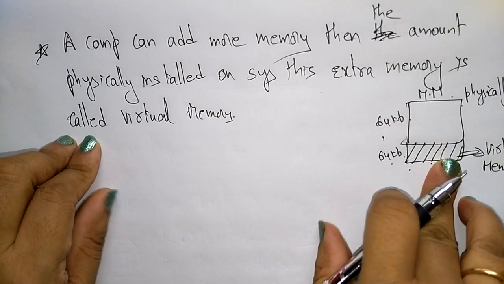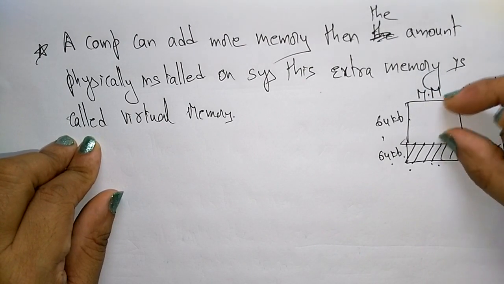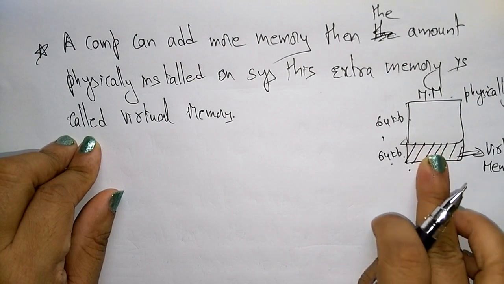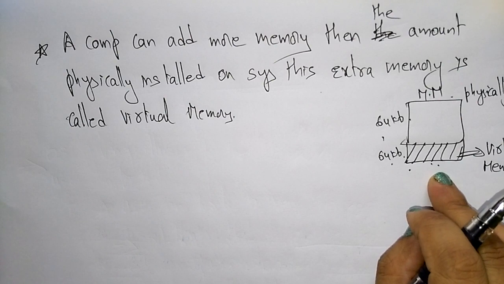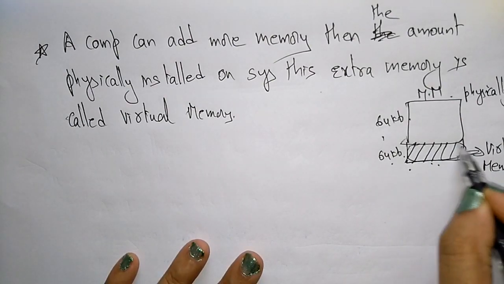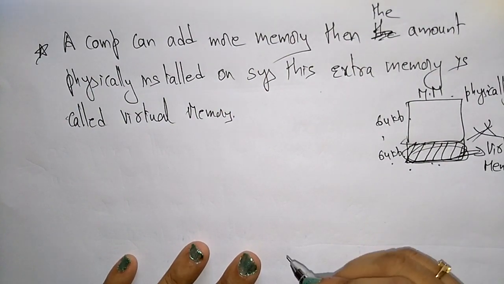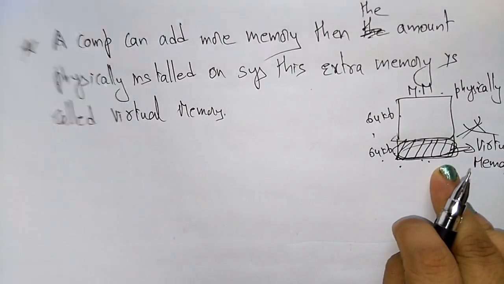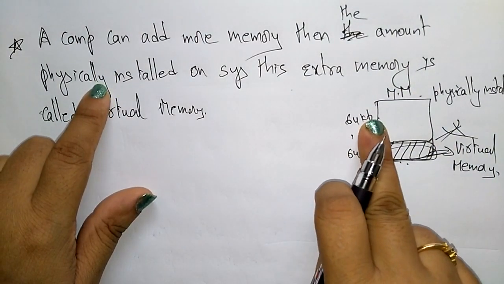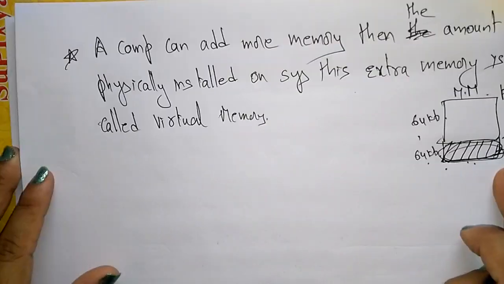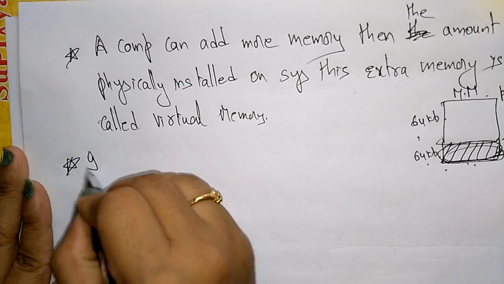Actually this is not real. The physically installed main memory is only 64 KB, and this is an illusion. Here we want to store temporary data; whenever the system is off, whatever memory is there is completely erased and discarded. So this concept you call virtual memory. A computer can add more memory than the amount physically installed on the system. This extra memory is called virtual memory. It is a memory management technique. So paging is a memory management technique